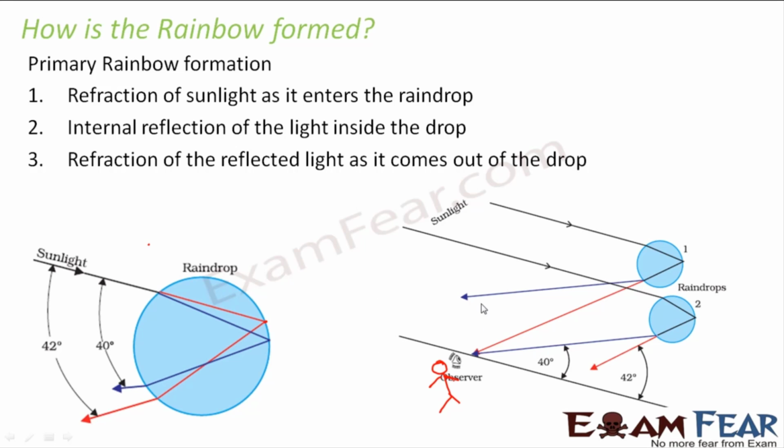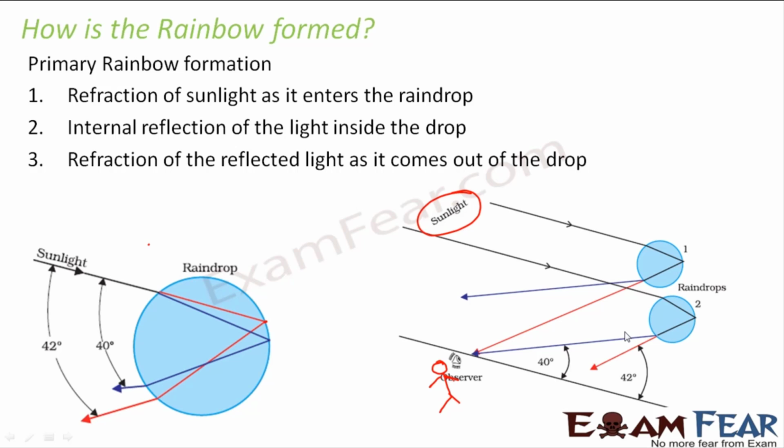So the observer sees the constituent colors, right? Because what was the input to the raindrop? Input was white sunlight, that is white light. But what was the output? Output is the spectrum of different colors because now dispersion had also taken place, right? So what does the observer see? The observer sees the dispersed light, that is, all the 7 different colors, from all of the raindrops. So as a result, we are able to see a rainbow.